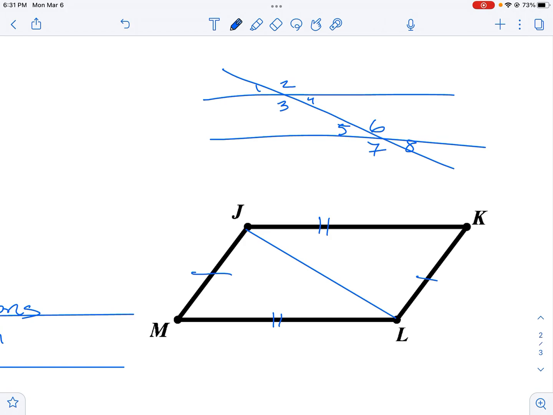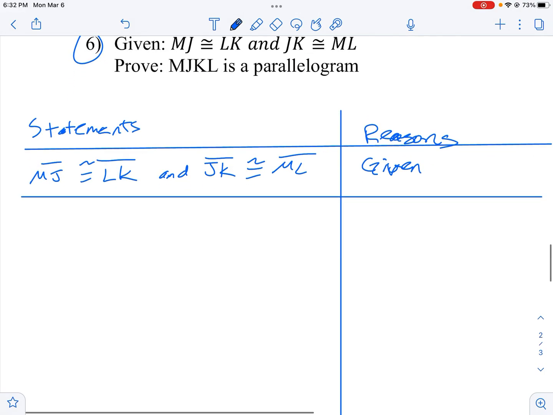Draw the line, get congruent by side, side, side, and then I can say parts are congruent, which will prove parallel lines, which will prove parallelogram. So we're going to do that. So first step,